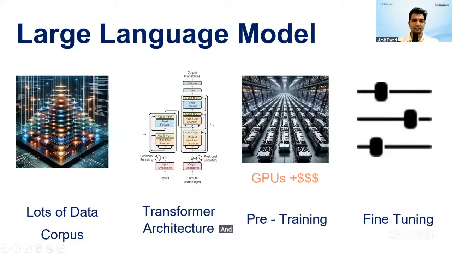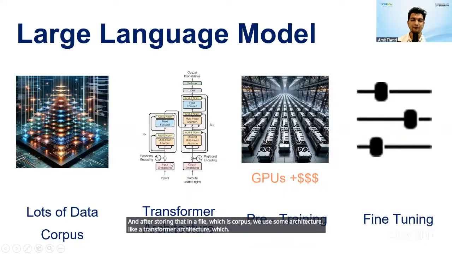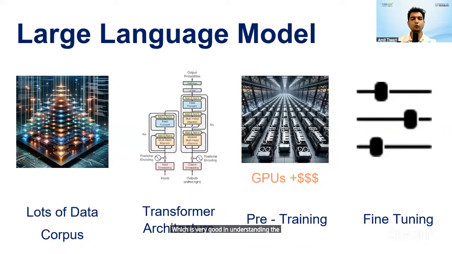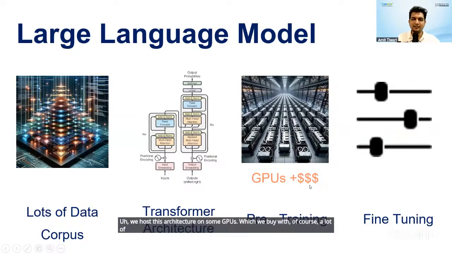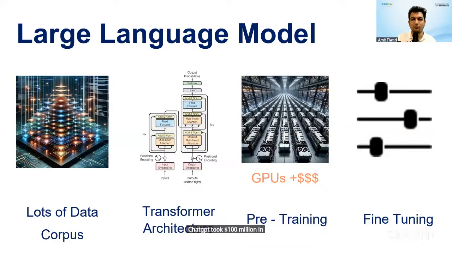After storing that in a corpus, we use an architecture like the transformer architecture, which is very good at understanding language, and train it on whatever data we have. We host this architecture on GPUs, which we buy with, of course, a lot of dollars. ChatGPT took 100 million in funding from Microsoft for OpenAI, the company, and these GPUs they ran for